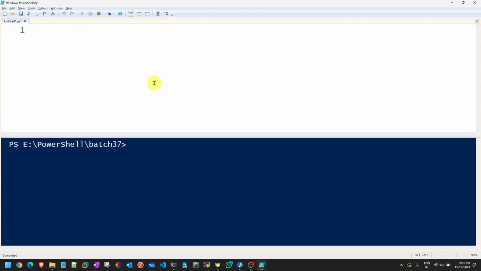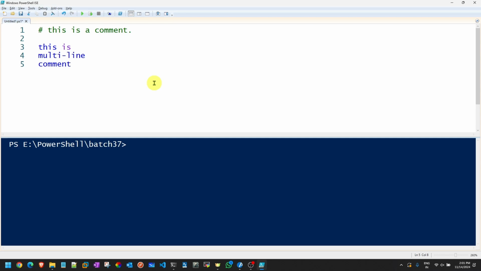Here, a single-line comment starts with a hashtag. So this is a comment. It's a single line comment. But what if I have to write some detailed information here? Let's say this is a multi-line comment.